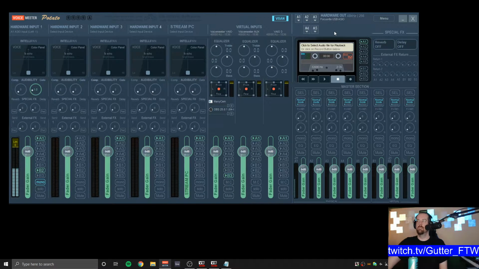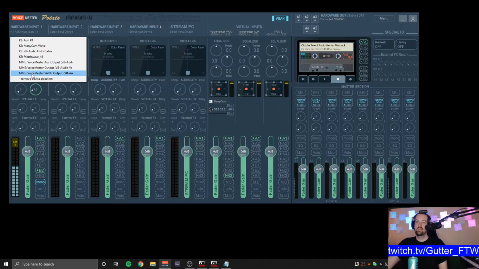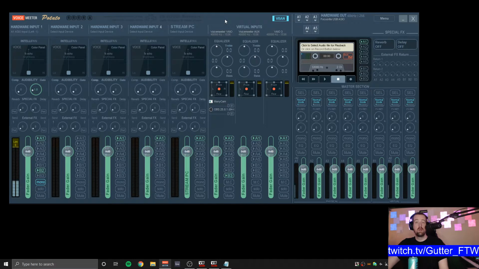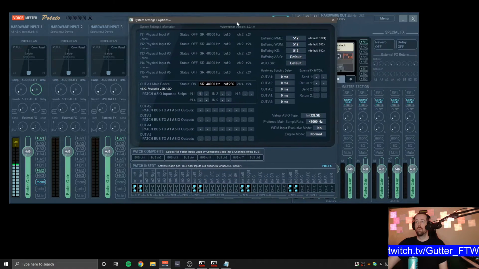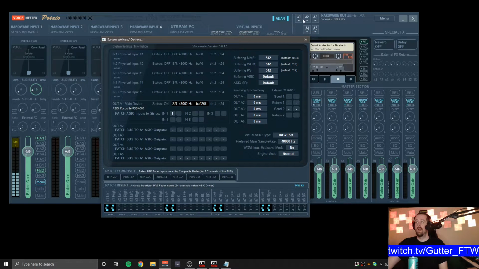But with that said, the very first thing, and the most common misconception, is: oh, okay, I set an A1 device here, and then I need to actually pick a device from the list from my sound card. That is incorrect, and that will cause additional latency. The way you actually would do this with a professional audio sound card is to go to Menu, then System Settings. Once you have set that first A1 device,